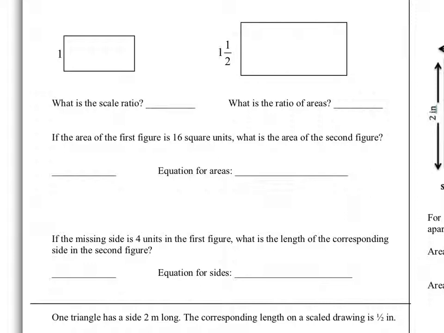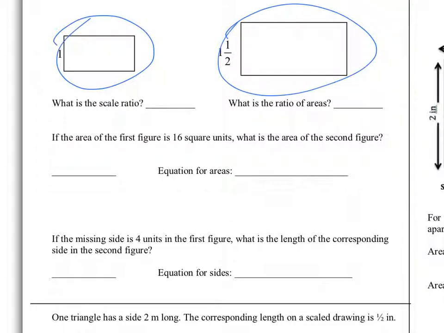So before you get started, just want to explain really quickly that when we look at this, we are looking at a scaled figure from this figure to this figure. I'm asking you to answer some of these questions. What is the scale ratio? So we should be able to figure that. There is enough information to figure out the scale ratio. It says what is the ratio of the areas? So we should be able to use that relationship that we just learned about,